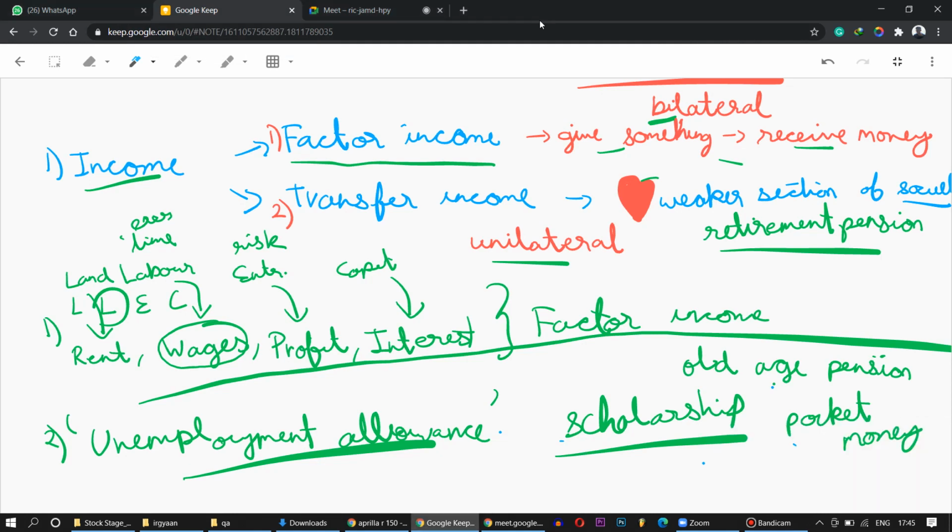It comes under transfer income. So if I wanted to apply for a scholarship, I'll go write one exam, and if I get good marks, I'm getting that. But there is no direct transfer of the 4 factors of production. If these come, only then it will come under factor income. If it's involved or connected with factors of production, you get factor income.